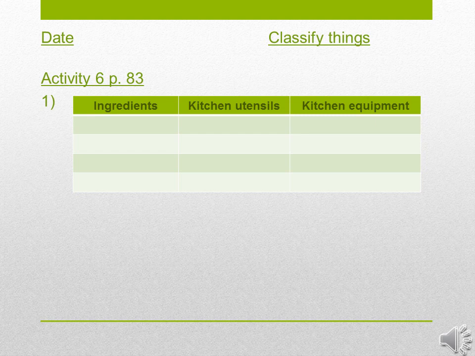Number 1. Redraw this table in your book. Your first column's heading is Ingredients. Your second heading, Kitchen Utensils. And thirdly, Kitchen Equipment. We often have to sort things into groups to make it easier for ourselves to find